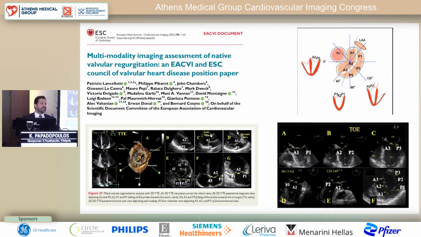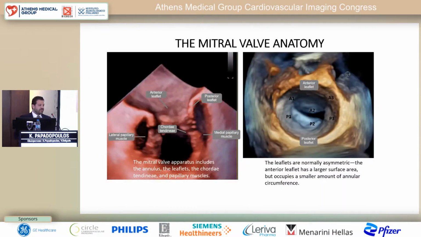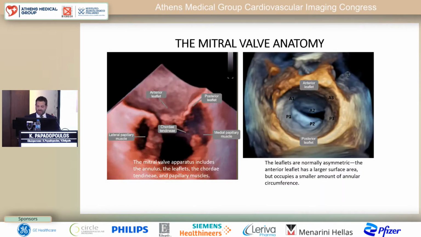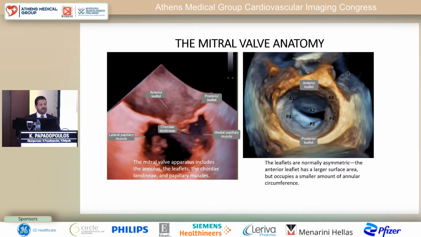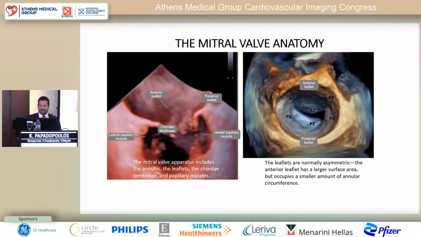If we want to appreciate this valve with 2D echo, then we have to take multiple projections, either from transthoracic echo or from transesophageal echo. And even with this, we cannot really name the correct scallops sometimes. Fortunately, we can demonstrate the valve very nicely with 3D echo, the subvalvular apparatus, and the 3D en face view